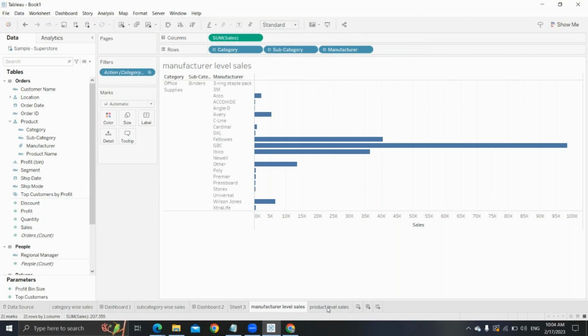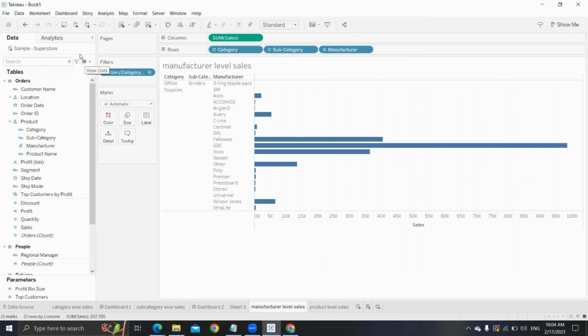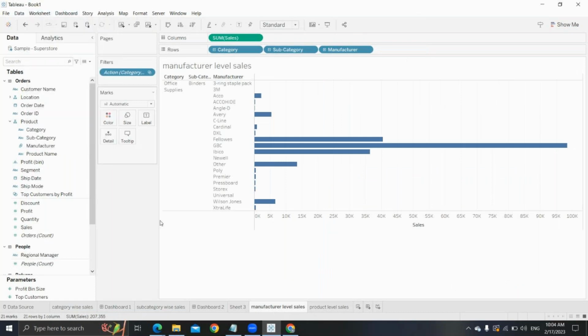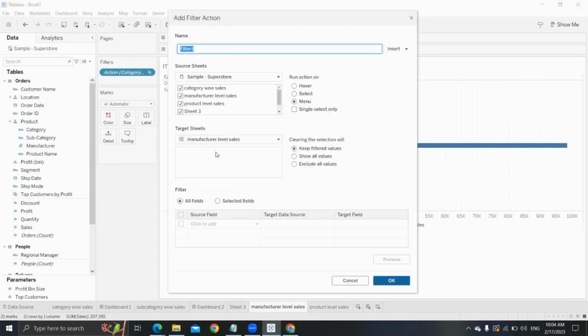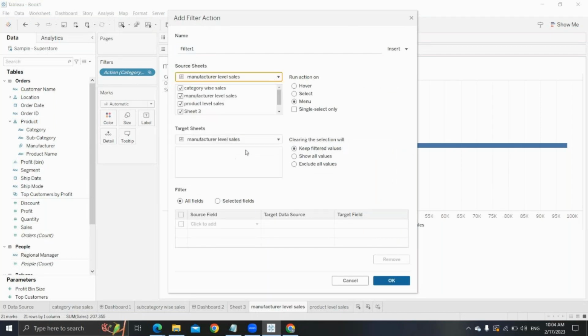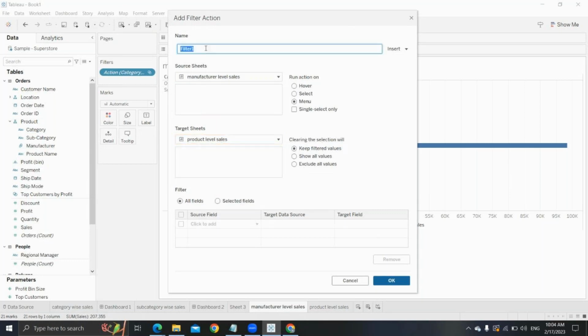So manufacturer level sales is the source and product level sales is the target. Okay, so go for create worksheet action, right? Add action, filter action. So my source sheet is manufacturer level sales. My target sheet is product level sales. And the name of this filter action is